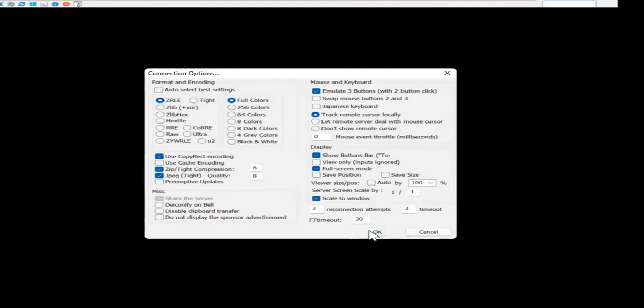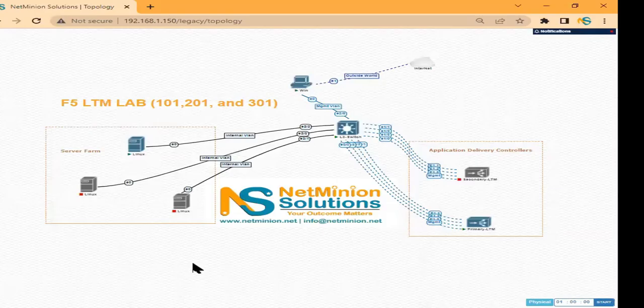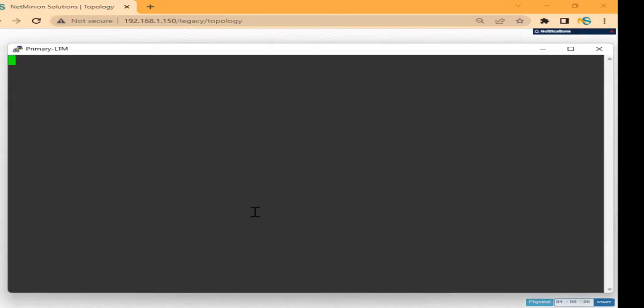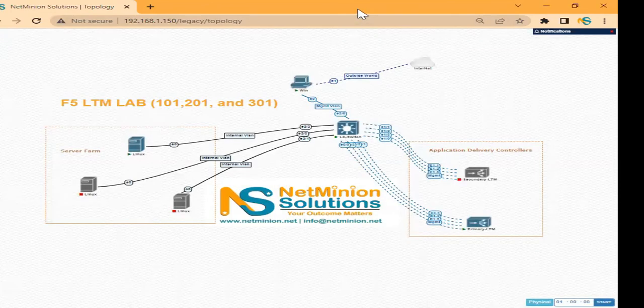Let me scale the window. Let it get booted up. It is also taking time. So this is the way you can take the console through the internet. I will talk about that later on, not now.